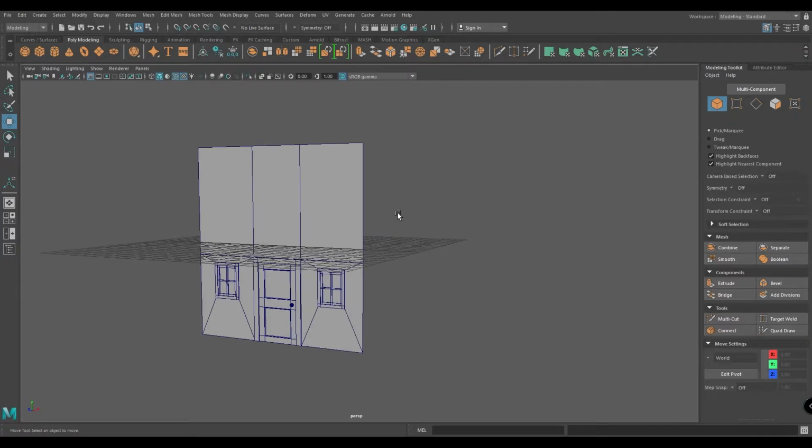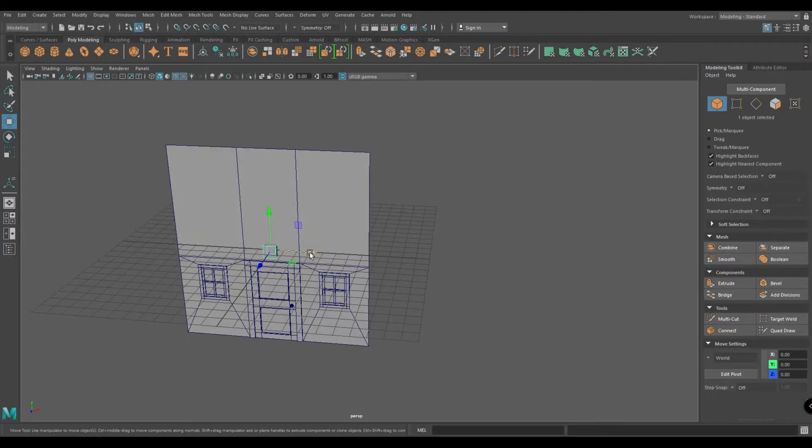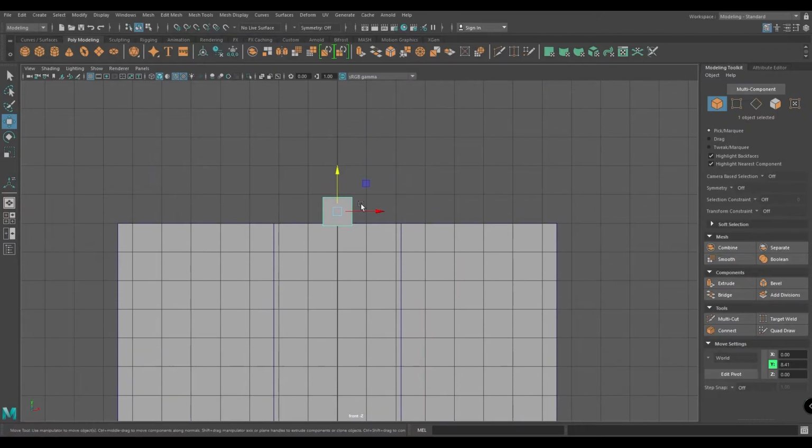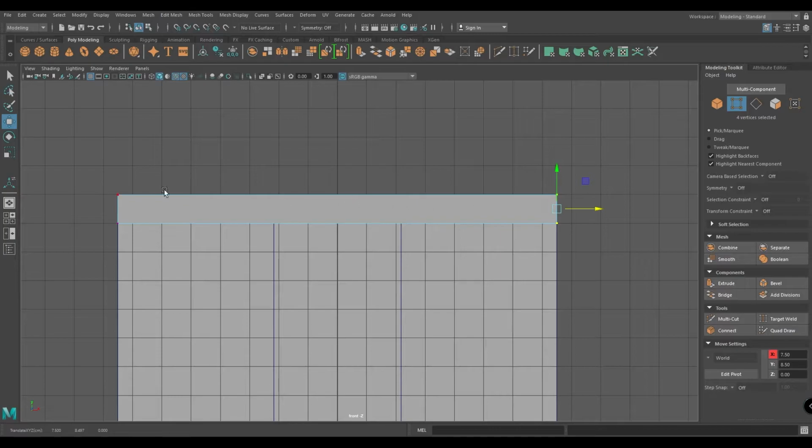Now let's make side and top wood panels for the house. So again take a cube, bring it to the top, go to front view. This time I'm gonna go in vertex mode, select these vertices, press V to snap and drag them to the corner.